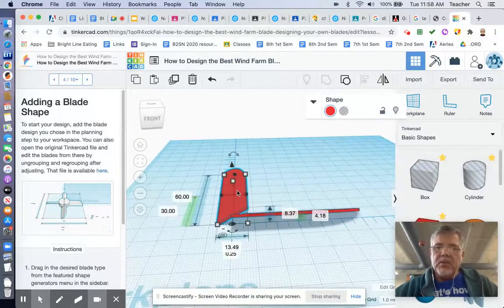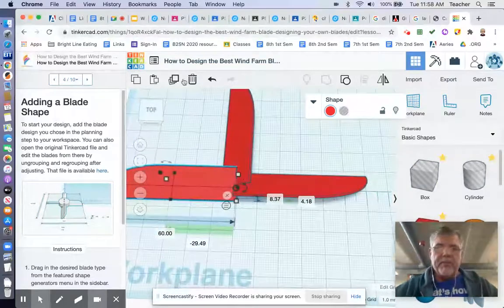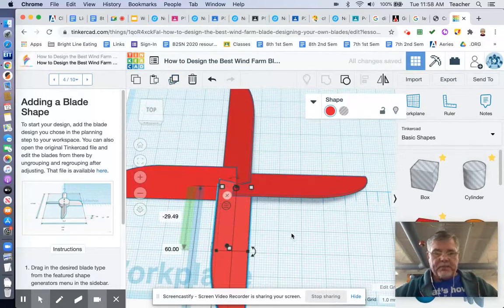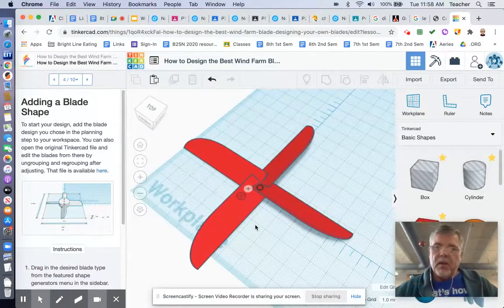It's still selected from the duplication. Now all I'm going to do is hit duplicate again and watch what happens. Now it puts another duplicate exactly equal to the changes I made to the last duplicate, and then I can do that 1 more time. All right? Now that I've got my 4 blades created, now we need to create a center hub